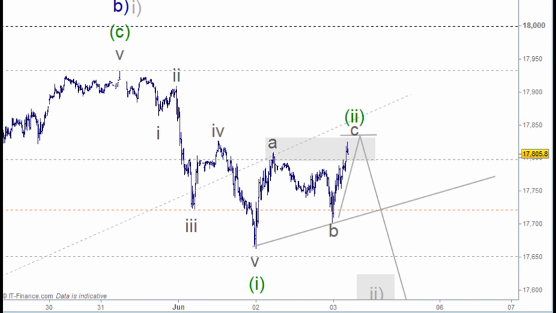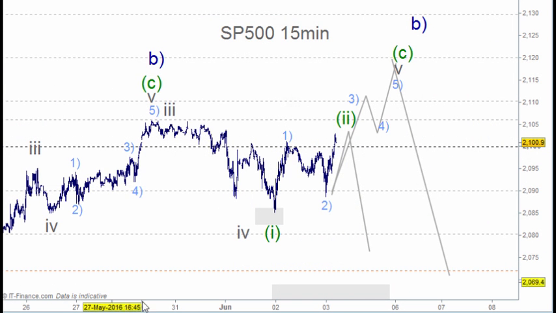So when we look at the S&P 500 here, this is a bit of a tricky one, because in this one I can see that we can possibly count this as 1 and 2 and 3 and 4 and 5 here as wave 1, and then A and a B and a C here for wave 2 here, and then fail from here. Okay, I can see that. It's basically forcing the wave count a bit. So that's not a good thing to do. We need to talk about it, but it's not good to get fixed on that,